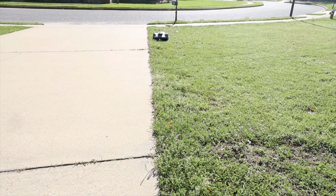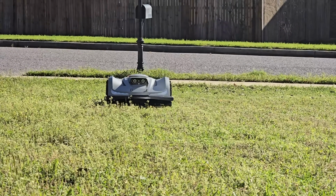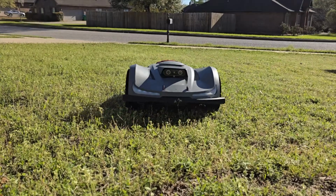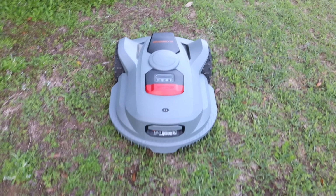Overall, I have to say the Orion X7 is the perfect springtime companion. This is going to provide you with seamless cuts, super easy to set up, very powerful and efficient at mowing grass up to 4 inches tall with industry-leading mapping and navigation utilizing the RTK GNSS and VSLAM system. It's going to be hard to find a more thorough and efficient lawn mowing system that's this easy to set up